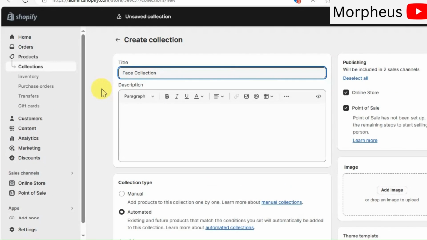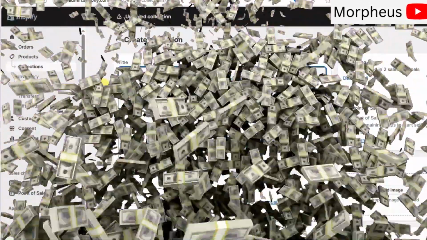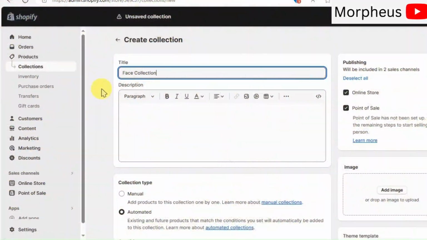And what that means is when you choose a specific keyword that people are constantly searching for and put it in your titles and your descriptions and your tags and even your collection image, then it will definitely rank higher on Google, for example. And people will see it more and click on it more, which eventually means more sales for you. So yeah, SEO is very important in e-commerce.